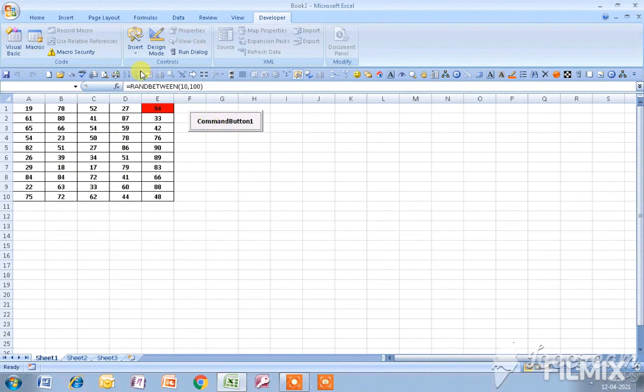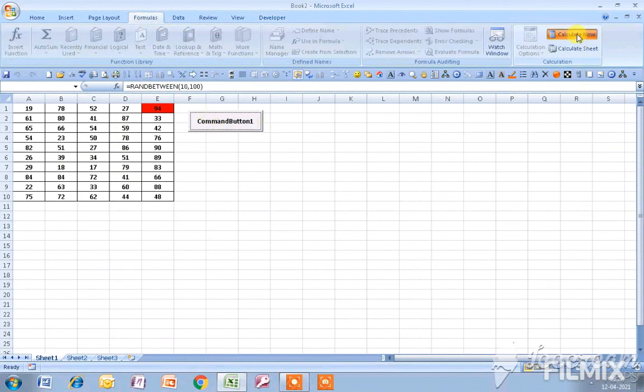Okay, and if I change the value, then you can see the maximum values, that is there are 2 values found in this particular range. Those are the maximum values in this particular range. Okay, and if I again click on this button, then you can see the maximum value of this particular cell has been automatically highlighted.